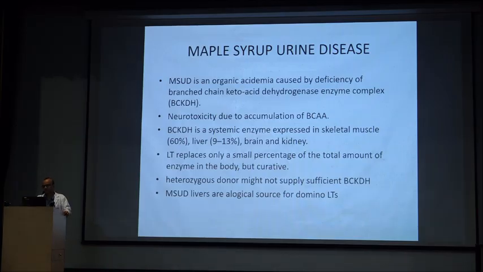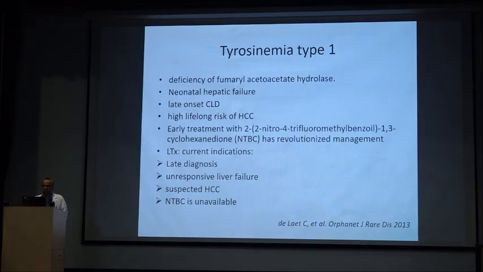domino liver transplants. Coming to tyrosinemia type 1: deficiency of fumarylacetoacetate hydrolase, neonatal hepatic failure, late-onset CLD, and a very high lifelong risk of development of hepatocellular carcinoma. But early treatment with NTBC has revolutionized management. The current indications for liver transplant are late diagnosis, unresponsive liver failure, development of HCC, and if NTBC is not